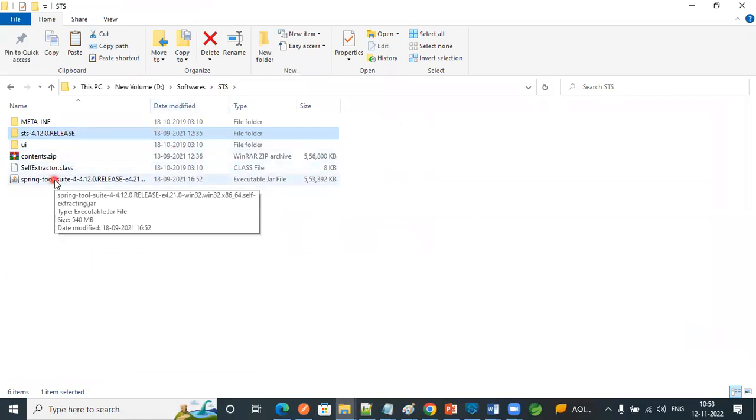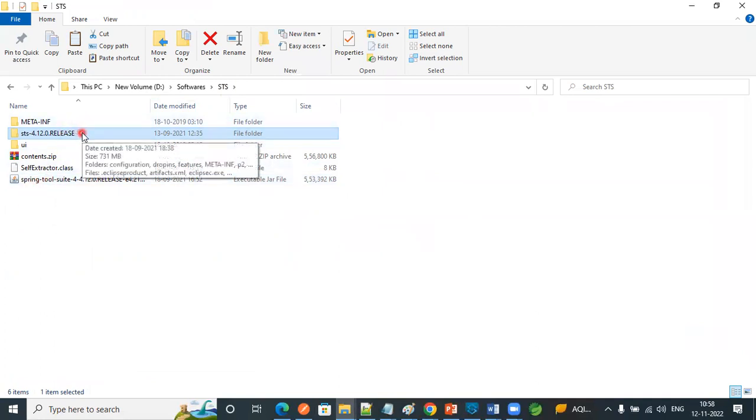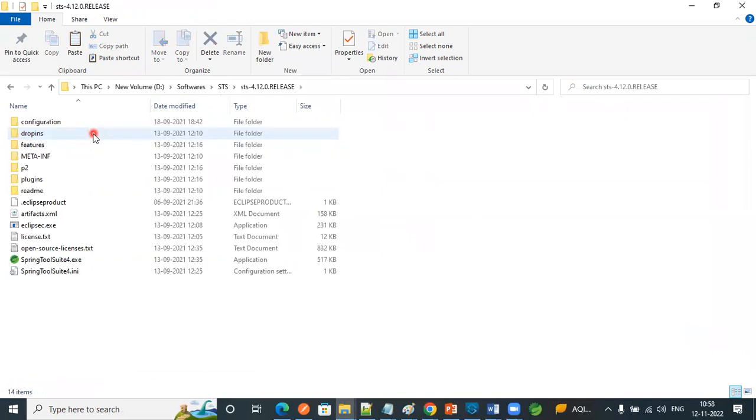Then after that, you just need to double click here. So once you double click, what will happen? It will get extracted into normal files. Okay, so this is the file after extracting, STS 4.12.0 release. If you open this folder,